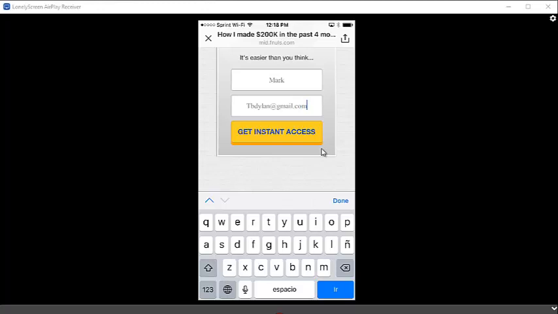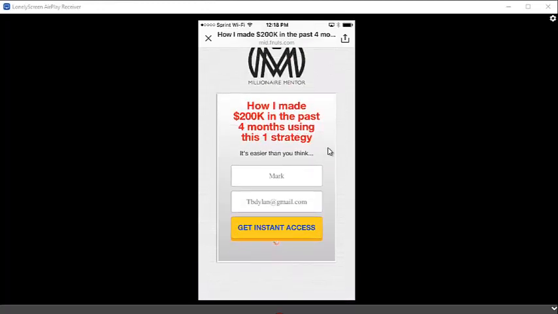And by copy, I mean you can emulate it. Don't just copy exactly. Don't make this exact page, exact headline, because then that's stealing. You can't do that. But apply it to your niche. So I'm gonna hit Get Instant Access, because I want to discover what's on the next page,